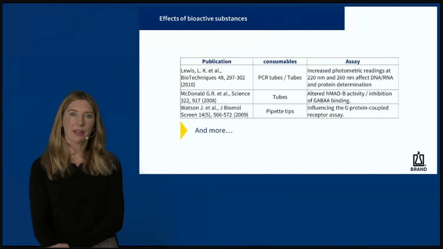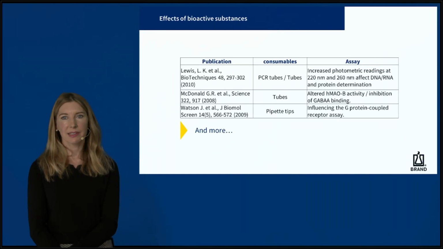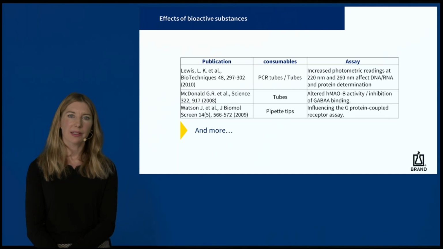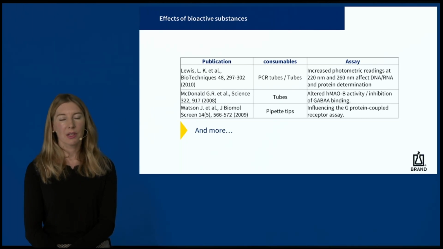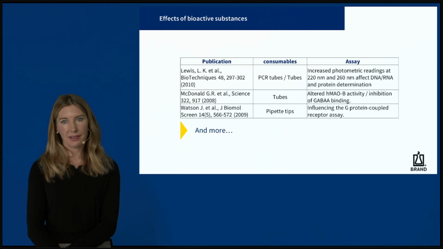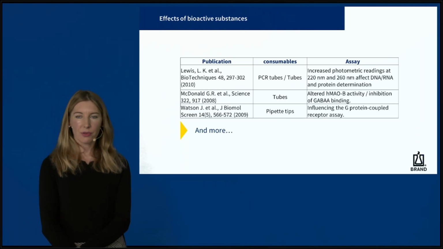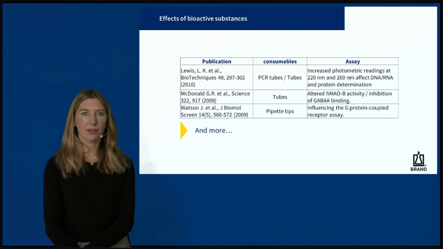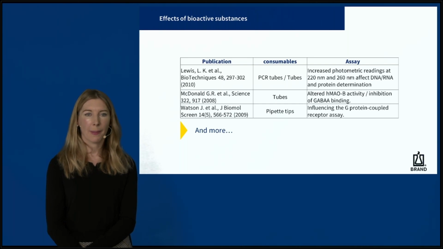Not every factor that can influence your experiment is obviously detected. For example, if you measure the DNA content of a sample and the spectrometer outputs a positive value, you probably assume that the measurement was successful and is correct. Already in 2008, scientists noticed that the use of different plastic consumables had an influence on the experimental results, and that this was due to substances contained in plastic consumables. This observation was published again several times in the following years for various applications.